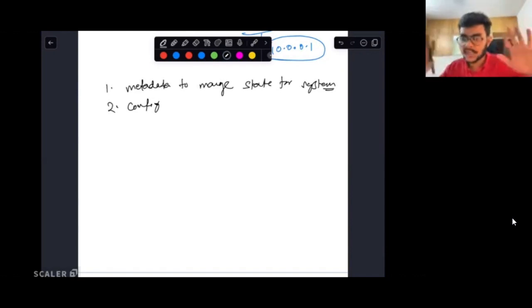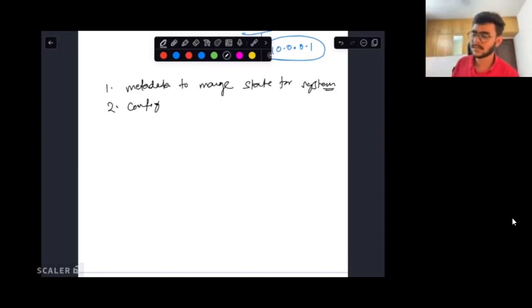Zookeeper does not use an HTTP protocol. It uses its own binary format, which is built on top of TCP. And yes, you can use that. To answer your question, the answer is yes, but I don't remember any name. You don't have to remember the names of these lightweight protocols. You can build your own protocol as well, but I don't know the exact name of the protocol you're mentioning, right?